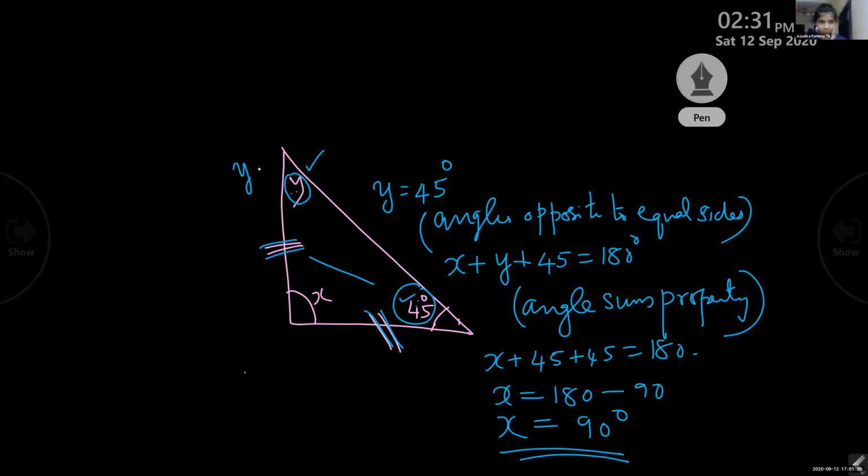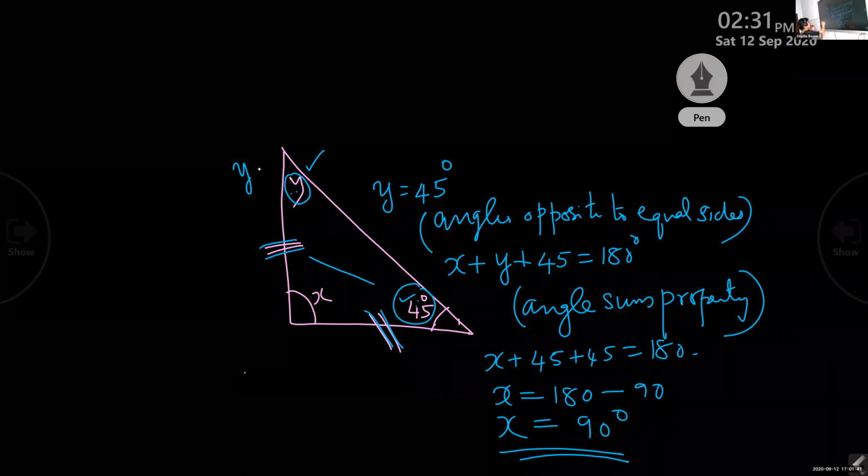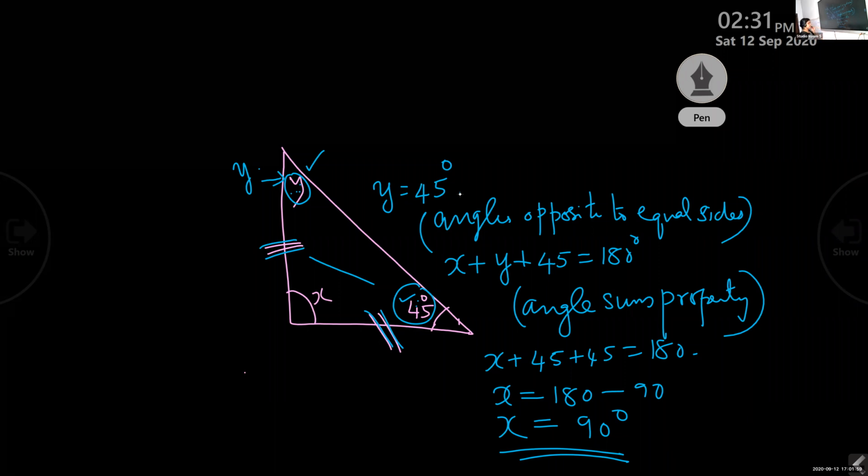Yes, ma'am. Because there is no Y there. No letter is given here in the question. So I just simply put a letter Y there for explaining what is the answer. That you can do, but you have to draw the triangle in the paper. Then mark where is Y. Then you can explain. Clear, children?